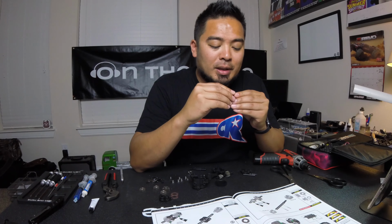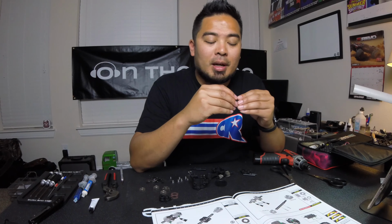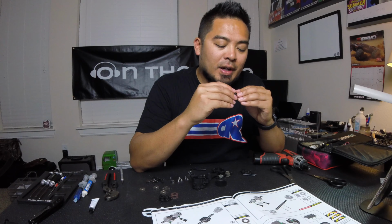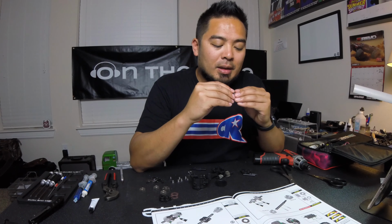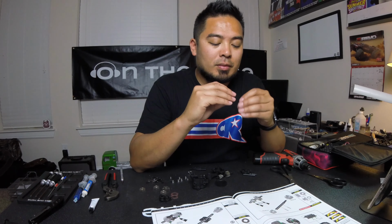I tried to squeeze it in there as tight as I could with a wrench. I'm going to walk out to the garage and see if I can force it in with the vise, but that bearing is not going in. It's not. So I'll try another trick. I don't know if this is going to be big enough. No. I'm just going to try to hit it with the...